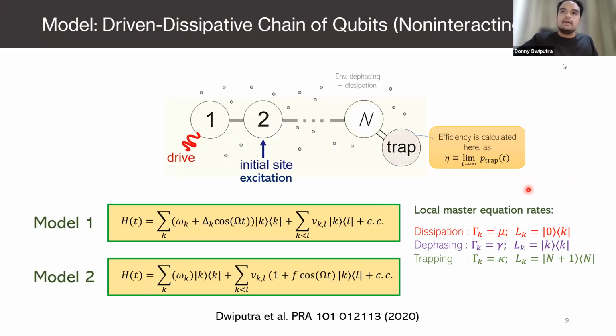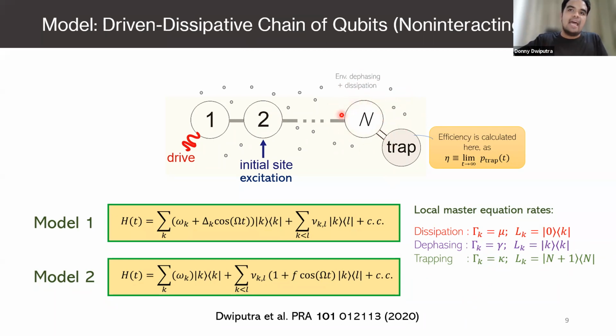So this is the setting. Our setting consists of n qubits, we choose 3 for simplicity. The excitation starts from site 2, and the excitation will be trapped in the last site. Remember that we also introduced the dissipation in all the sites, and dephasing also in the sites, where the dephasing is actually just a projective measurement, and the trapping, actually,